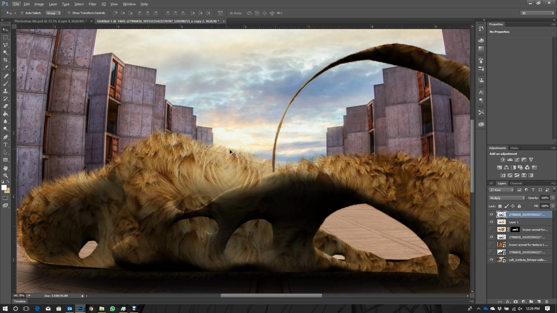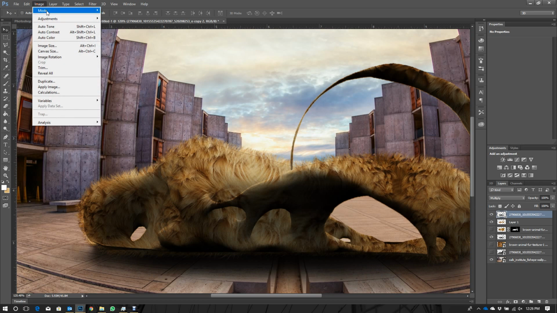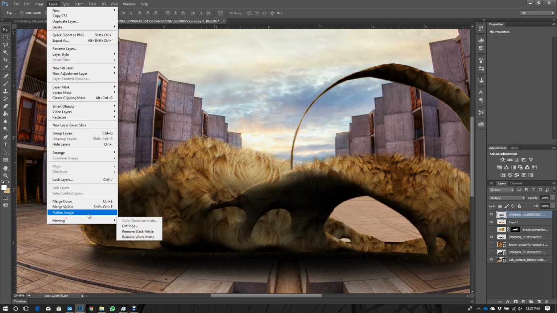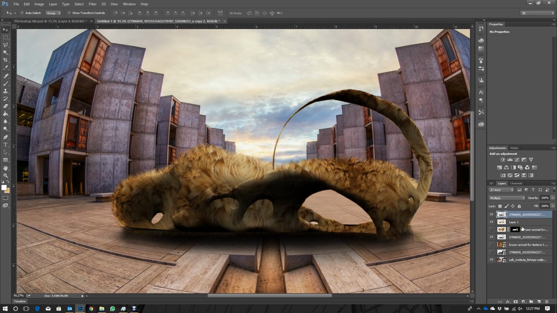Something that I noticed when I was doing this yesterday was this black outline that you have on the object, and it does not look cool. And so one way to get rid of that is to select the layer, which would be the multiply layer of our original proxy render, then go to layers, matting, and remove black matte. So you might want to run that a couple of times. It does it on the first run, but sometimes you might still have that and you just want to do it a couple of times or 3 times to get rid of the black outline. Okay, now that we've gotten rid of that,